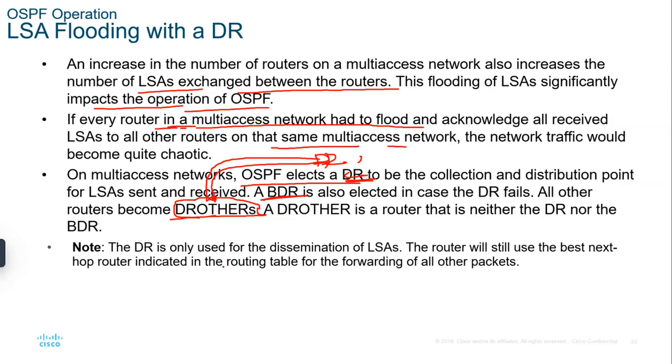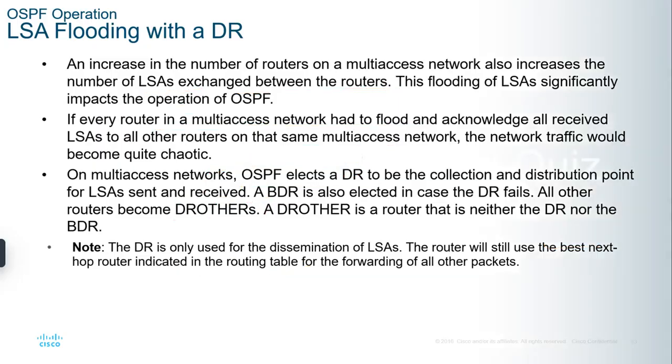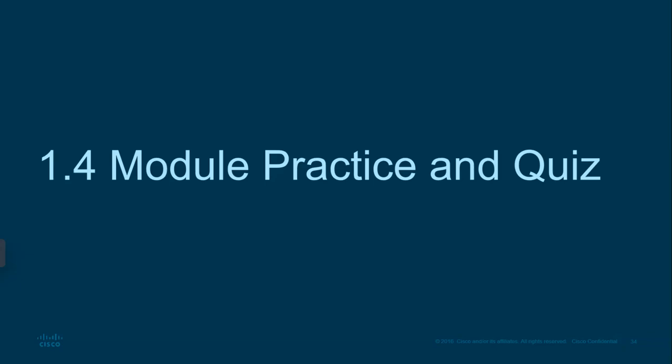Is it every router? But when it comes to these other packets, they will use the best next hop router indicated in the routing table. But in advertisement updates, that is when we need those two roles. So that marks the end of